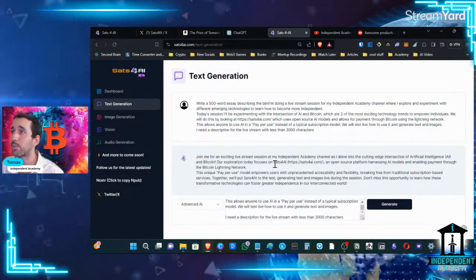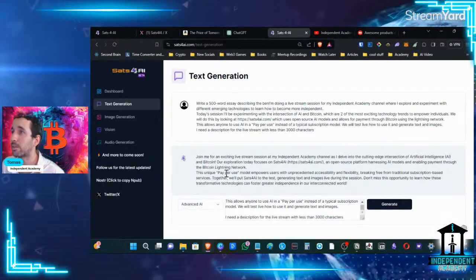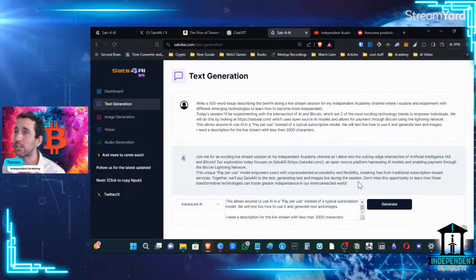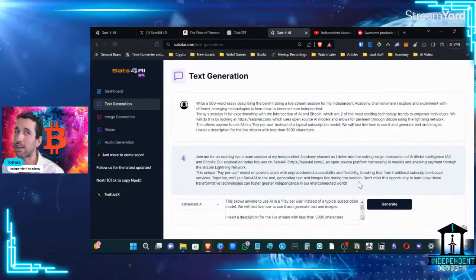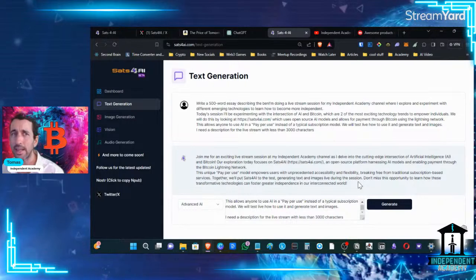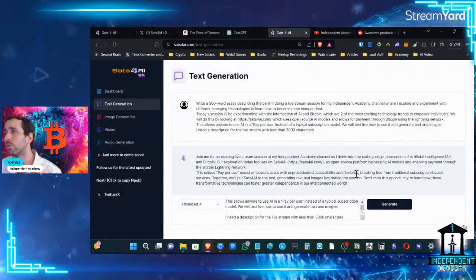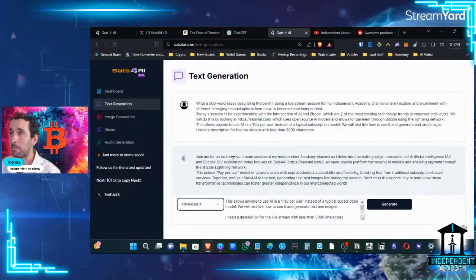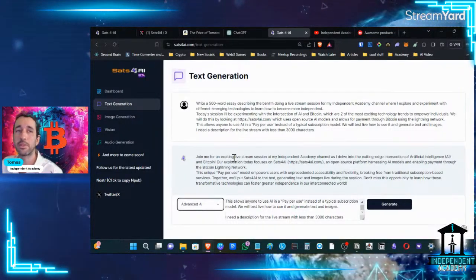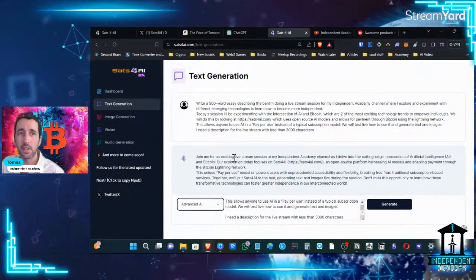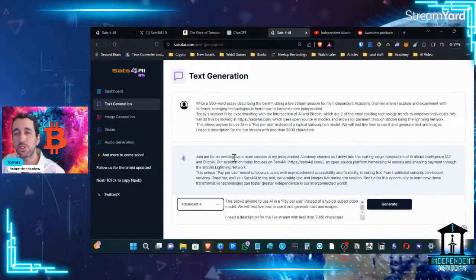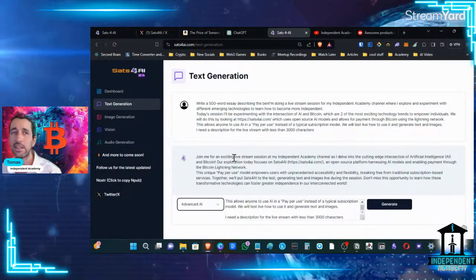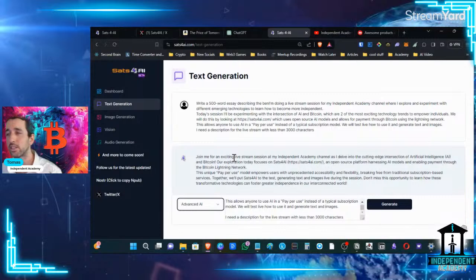Our exploration today focuses on Sats for AI. This unique pay-per-use tool is good, but you can see that it's not as in-depth. There is a bit of a character constraint. It cannot go as good as ChatGPT yet, but I think it's still good for people that want more simple things, and that don't want to use it a lot every month. It's gonna be more like a pay per use kind of situation.